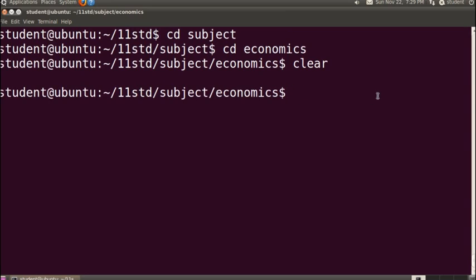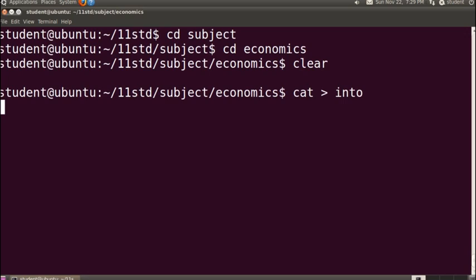The command used for creating a file is cat. After cat you have to give the greater than sign, and after that you have to give the file name. For example, I give the file name intro. So that file is created.